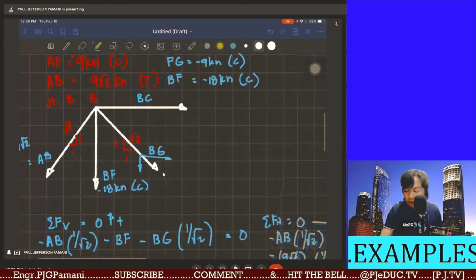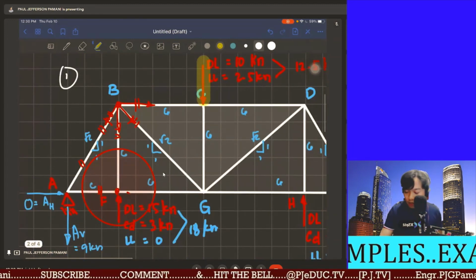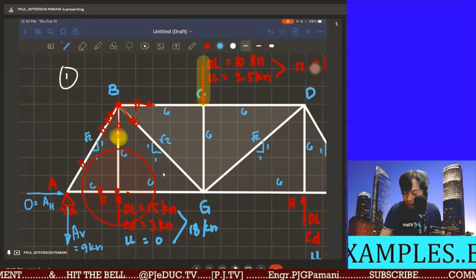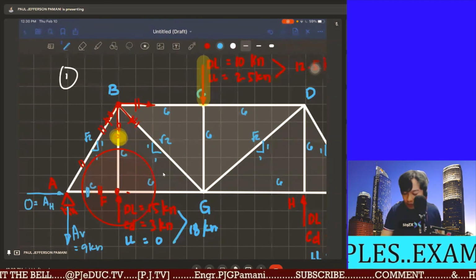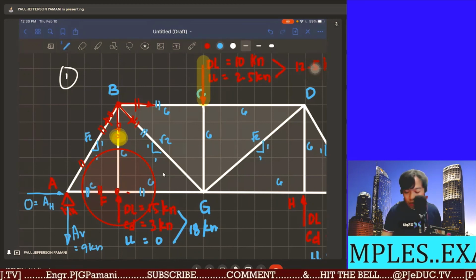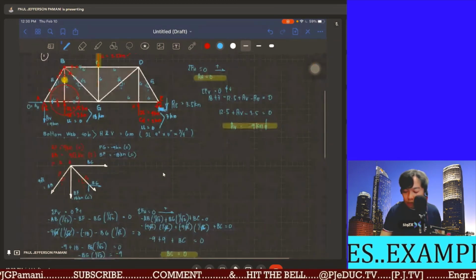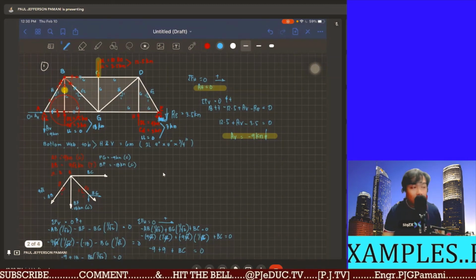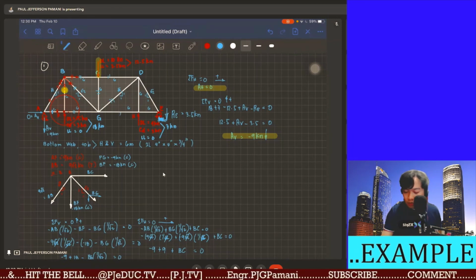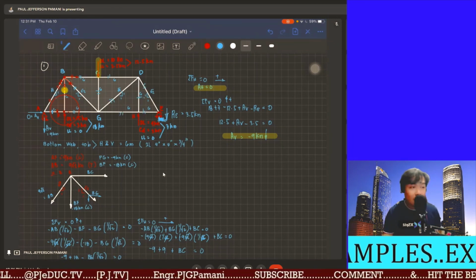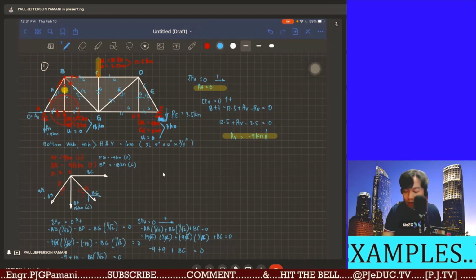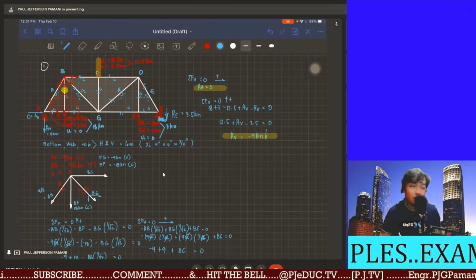So, nasolve na natin si AB, BF, AF, FG, BG, and BC. So, on your own, try to practice, continue solving this same problem para makita ninyo, solve the succeeding unknown members. Bale, nakalahati ko na siya, oh. So, kung gusto nyong pumunta sa kabila, do the same solution,